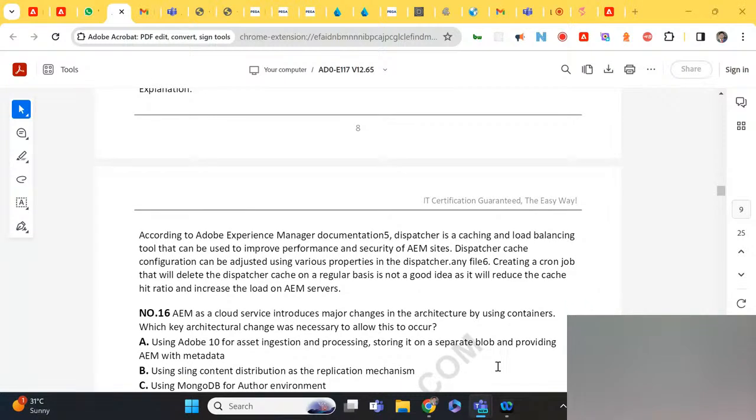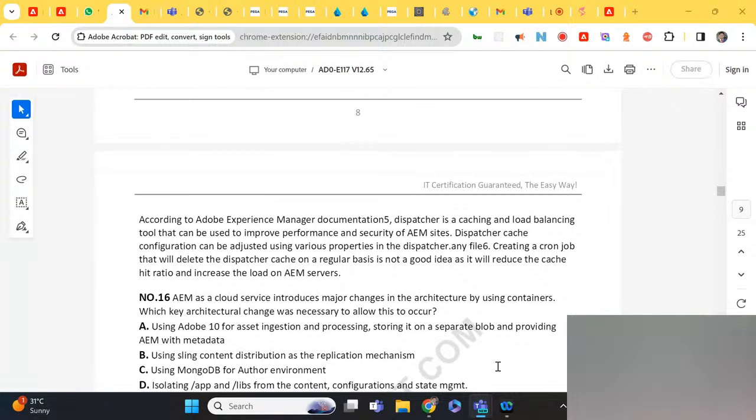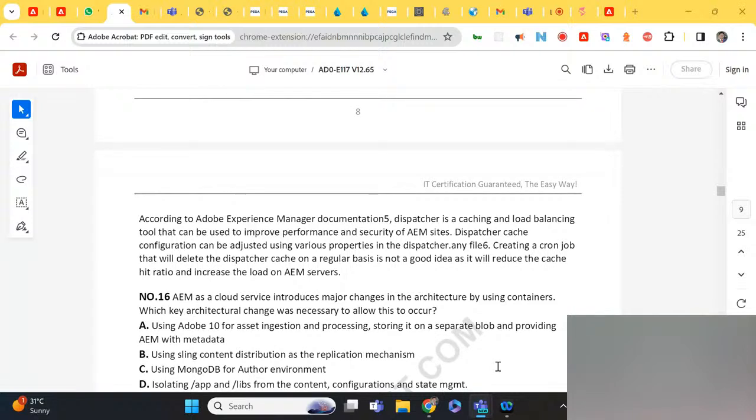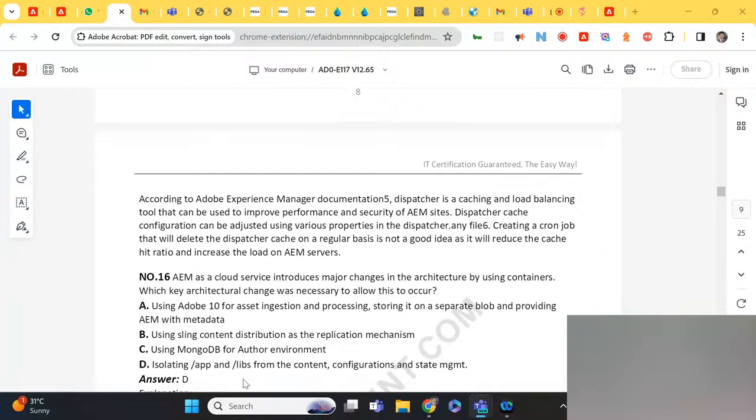Using MongoDB for another element, no. Isolating apps and libs from content, configuration, and state management. That is D, right? Yeah, because that is the entire mutable and immutable concept, and that is what provided the architectural change for us to do deployments also in AEM as a Cloud Service. This is clear, right?